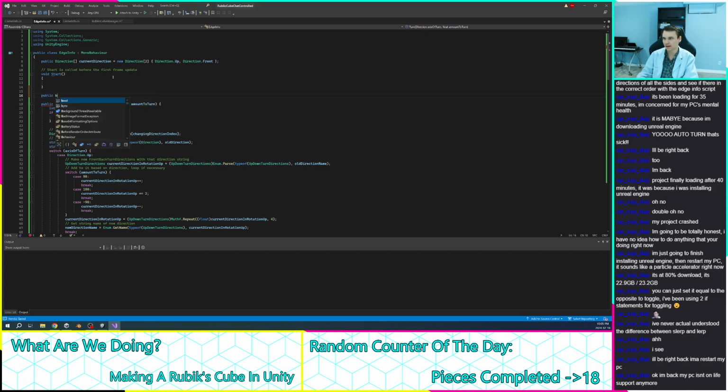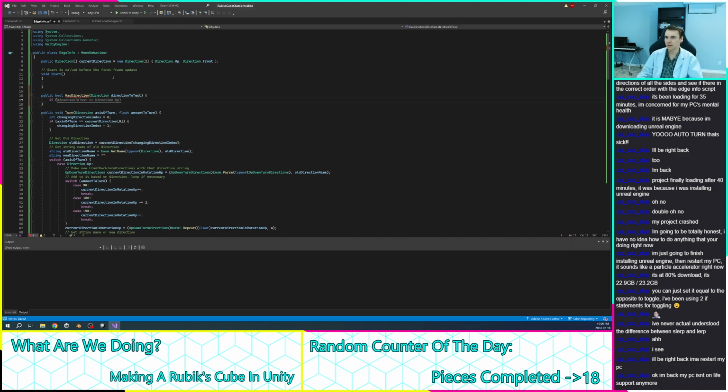So we're going to make a public bool has direction, and it takes in the direction to test. And then in here is going to be: if direction to test equals current direction 0, or direction to test equals current direction 1, or